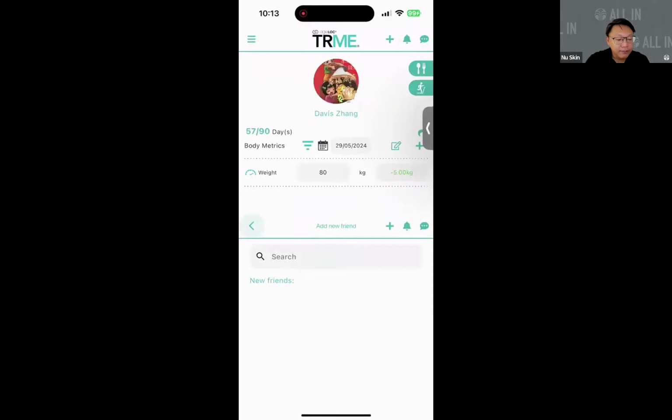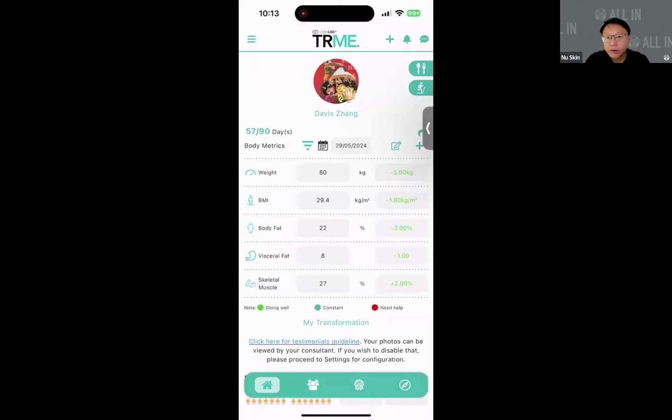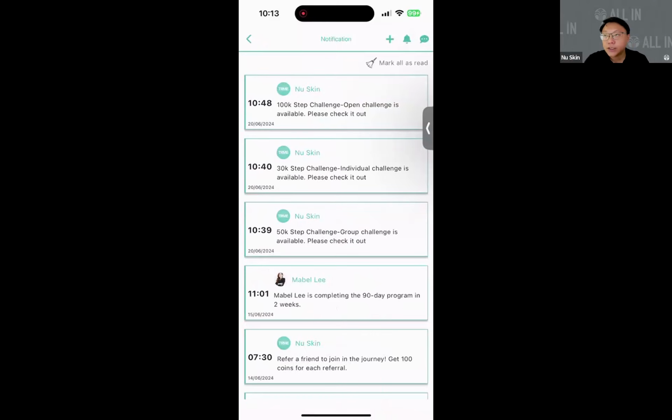The second icon you see is a bell icon. This bell icon refers to the notification center. Okay, so all the notifications can be accessed through here. So whenever we have any new announcement, new challenges, new events, or new posting, or even someone who tries to add you as a friend, all the notifications will be here. Okay, you'll be able to click on them and have shortcut links to the page directly.